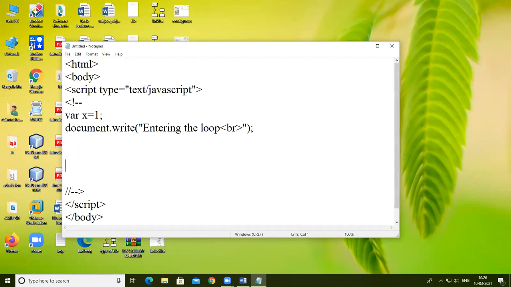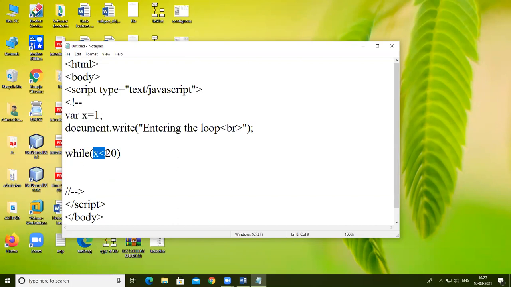Then I'm using a while loop. Just see, while, then in brackets, x is less than 20. This is the condition. Variable x has a value 1, and we use the increment operator, so the value of x increases by 1: 1, 2, 3, 4, 5, 6, up to 20.